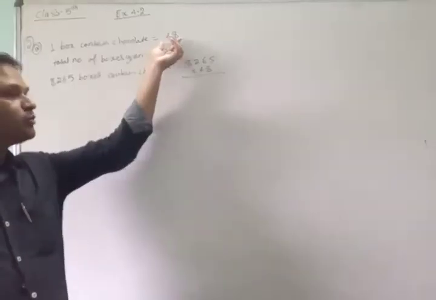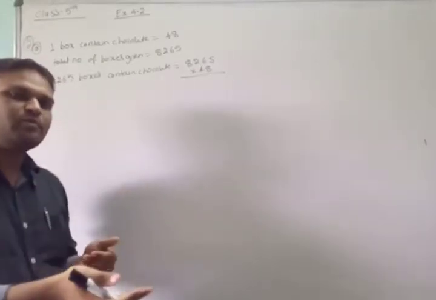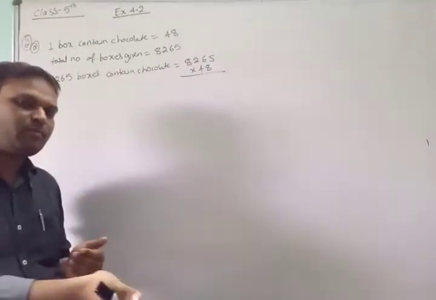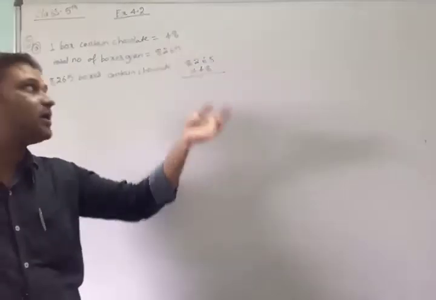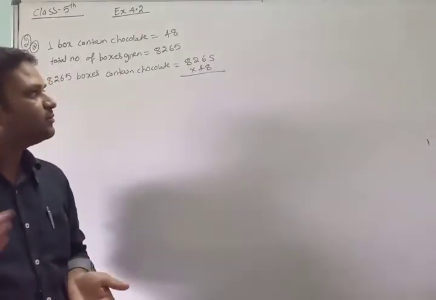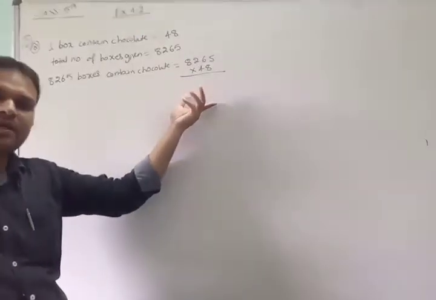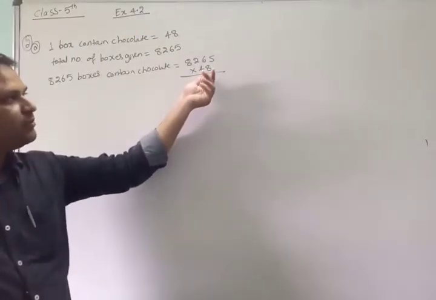मींस अगर एक बॉक्स में 48 है तो 2 बॉक्स के लिए क्या करेंगे? 48 प्लस 48, 3 बॉक्स के लिए उस 48 को 3 टाइम प्लस करेंगे। तो 8265 बॉक्सेस के लिए क्या करेंगे? 48 को या तो इतना टाइम प्लस करेंगे, अदरवाइज उसका सिंपल मेथड ये होता है कि प्लस करने की बजाय इन दोनों को डायरेक्टली मल्टीप्लाई कर लेंगे अपन। सो वी आर डूइंग हियर मल्टीप्लिकेशन।